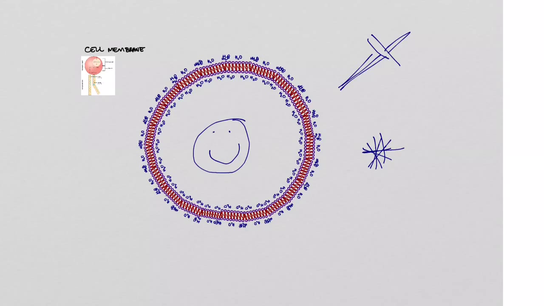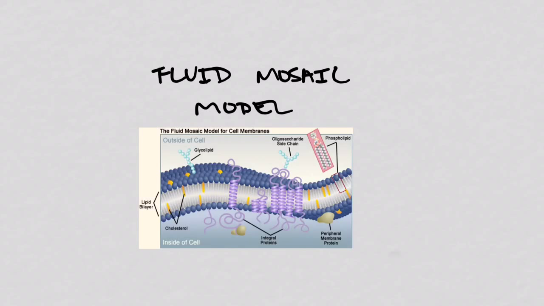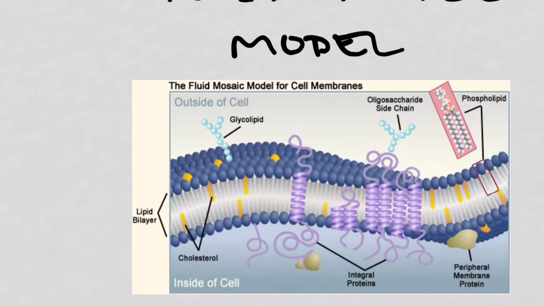But there's actually more to just fat that's in the membrane. I'm going to introduce you to a concept. It's called the fluid mosaic model. And I'm going to embed a picture here for you. Okay, so here's our picture, and if we zoom way in here, you can see that we've just got our phospholipids. They're the polar heads, and then the tails sticking at each other,